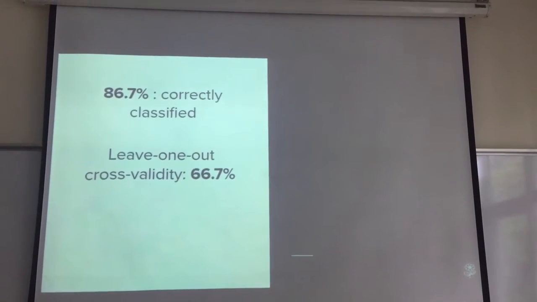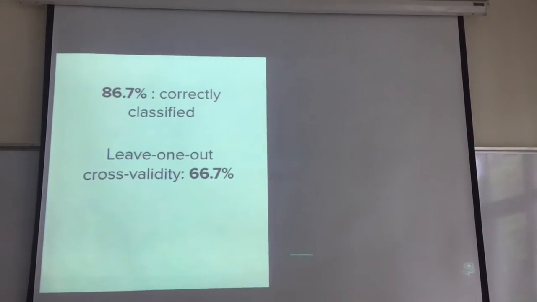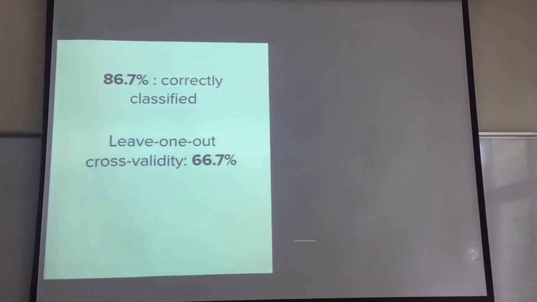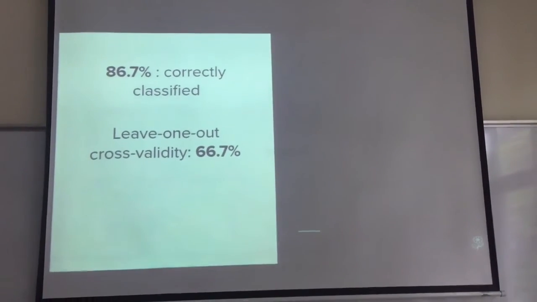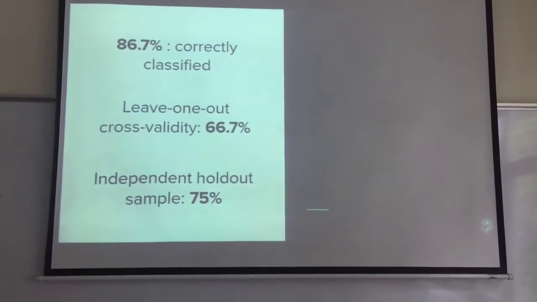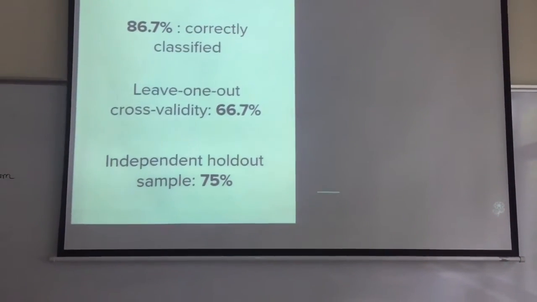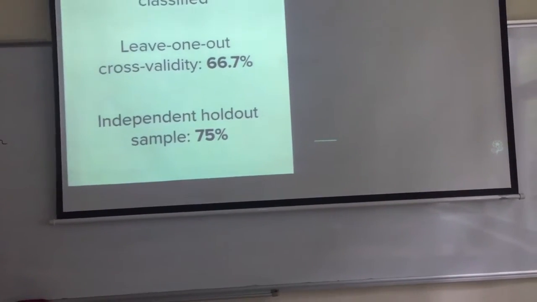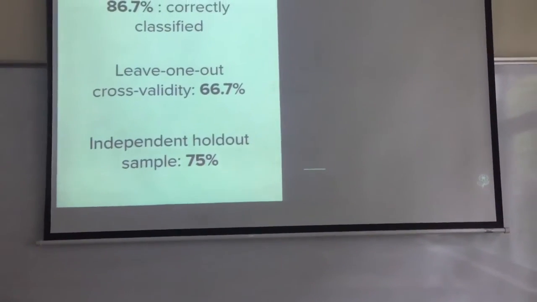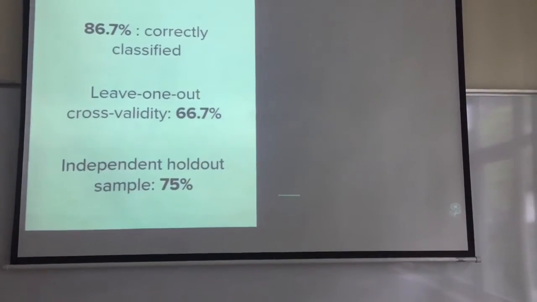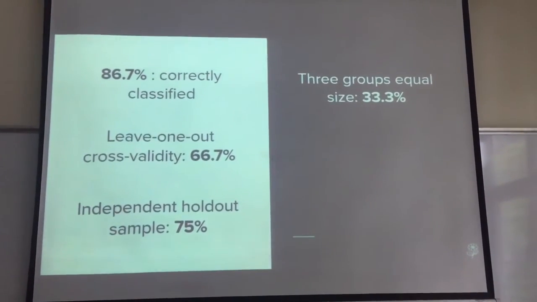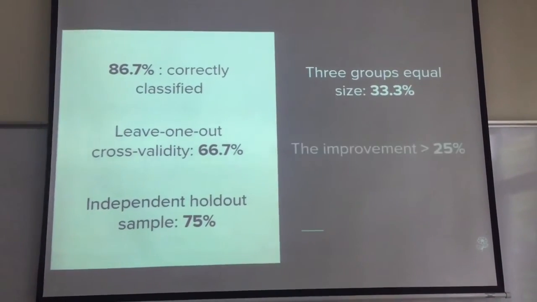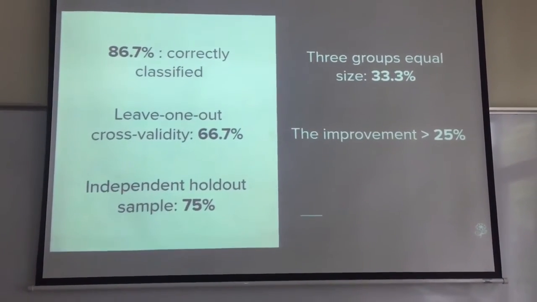When the classification analysis is conducted on the independent holdout sample of the previous table, a hit ratio of 75% is obtained, and given the three groups of equal size, by chance alone one would expect a hit ratio of 33.3%, and the improvement over chance is greater than 25%, indicating at